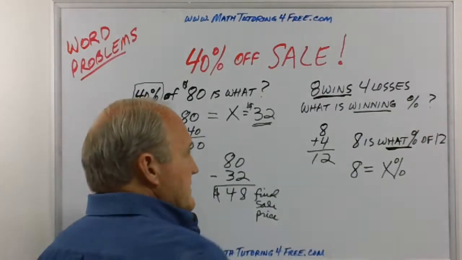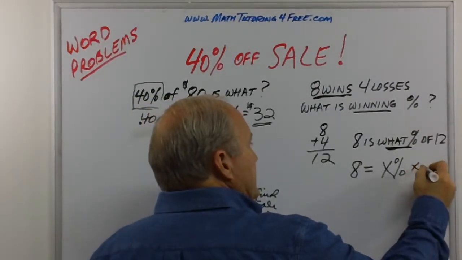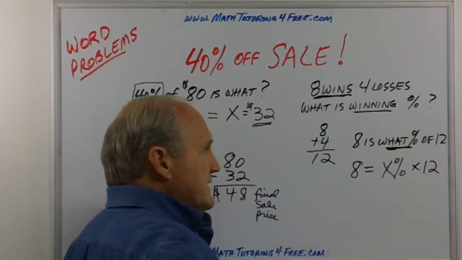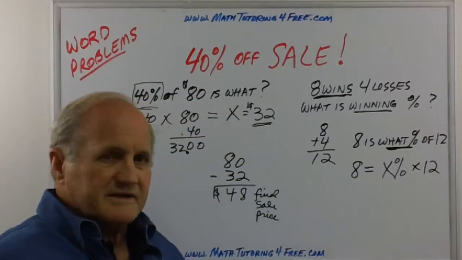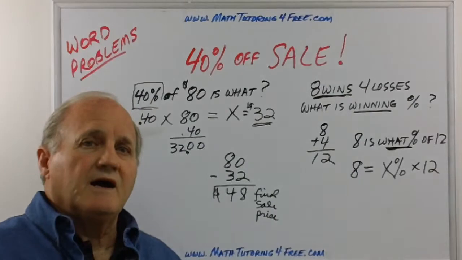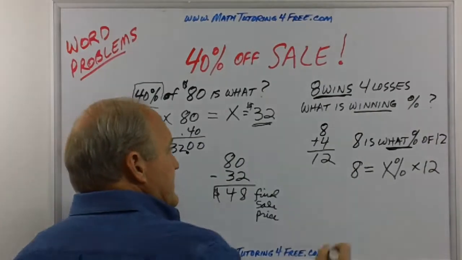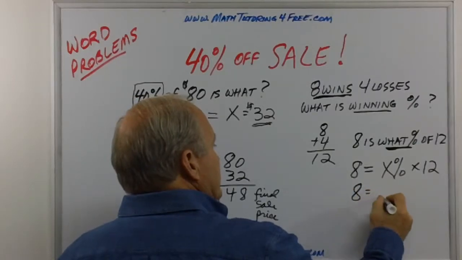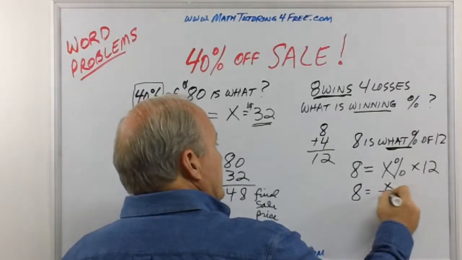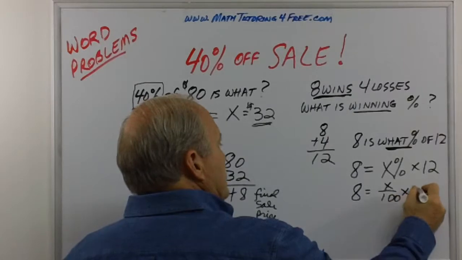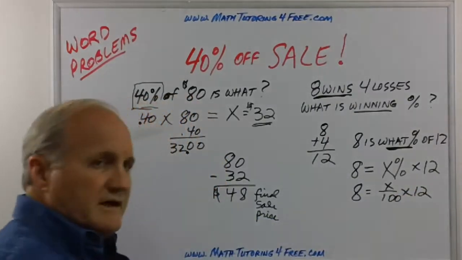Multiplication. So x percent times 12. Well, I don't know how to do x percent of something. Percent means what? Part of 100? So if we rewrite this as x, 8 is equal to x over 100 times 12,